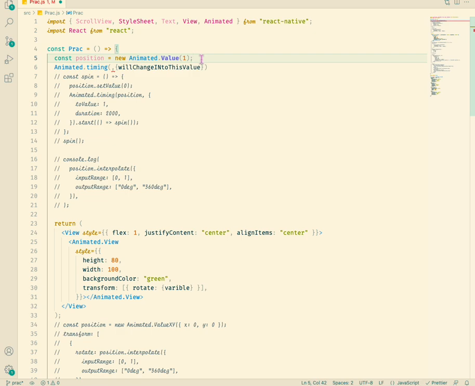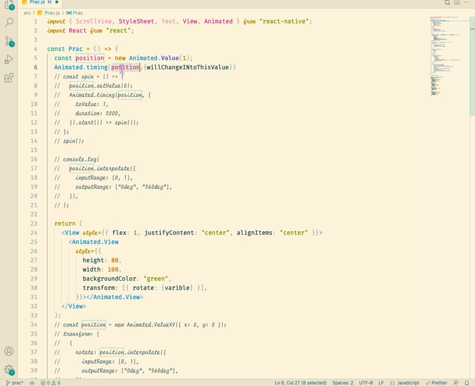Its initialization is given by new Animated.Value, okay? So we will initialize a position with this line, new Animated.Value, and now we will pass this value here, position,